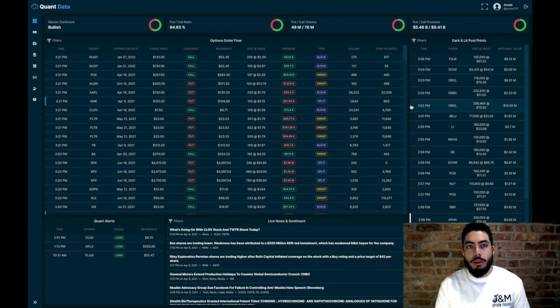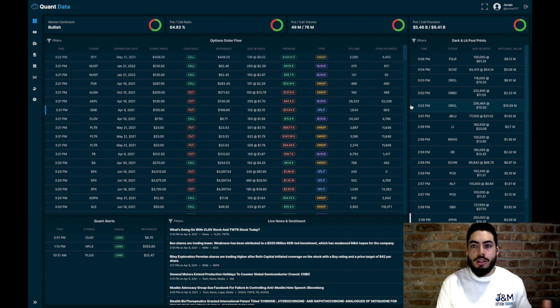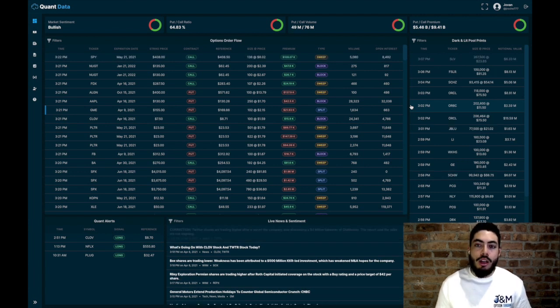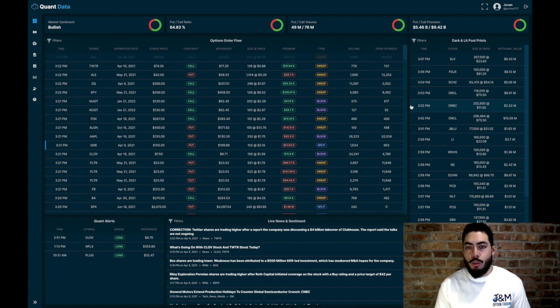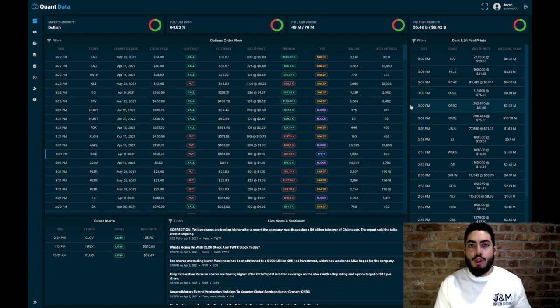All-new Quant Data platform. I'm actually really excited to talk about Quant Data today because this is a platform that we've used since before the refresh, and especially now after the platform has been completely redesigned from the ground up, I find myself relying on Quant Data more and more as my top number one flow platform. Definitely something that I've been using daily and would highly recommend to any trader as an essential resource, especially for